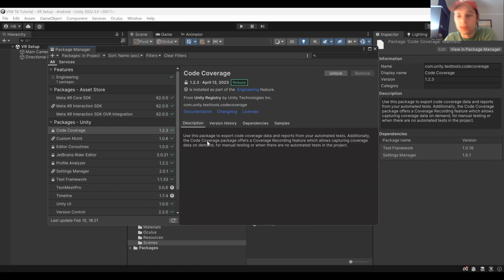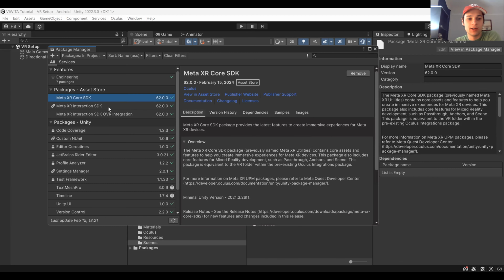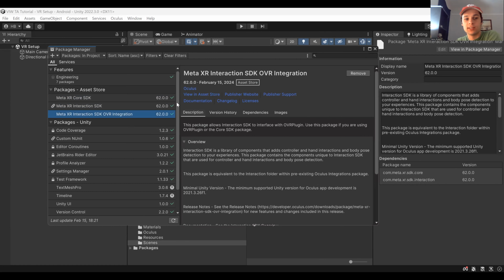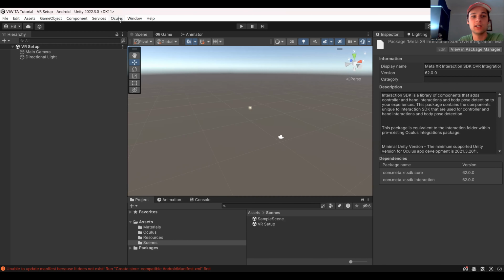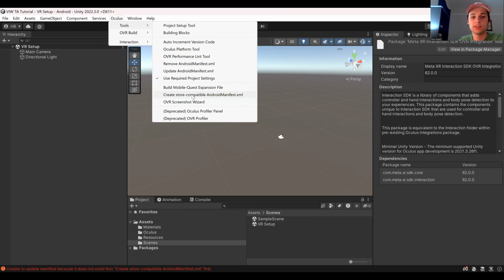So okay, once you install that, we should see the core interaction and interaction SDK OVR integration all installed in our package manager. So we can go ahead and close out of that. Okay, so once we have that installed, we should see that we have the core SDK, the interaction SDK, and the OVR integration. So exit out of your package manager and then come to Oculus, Tools, and then create store compatible Android